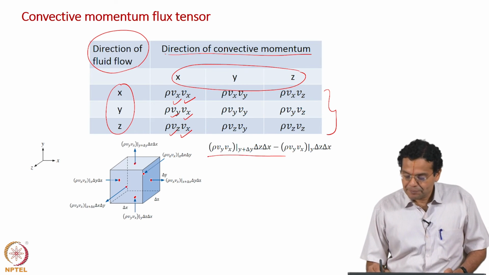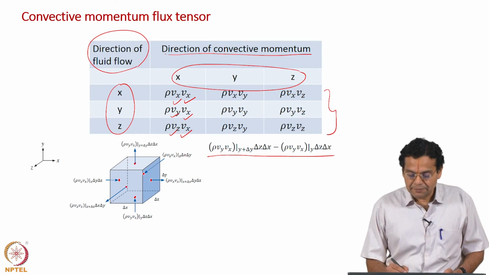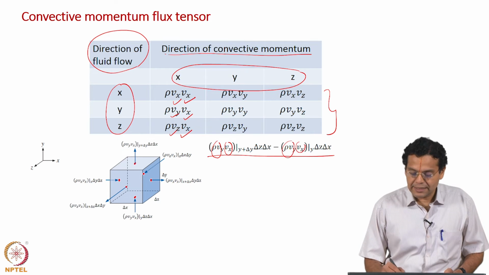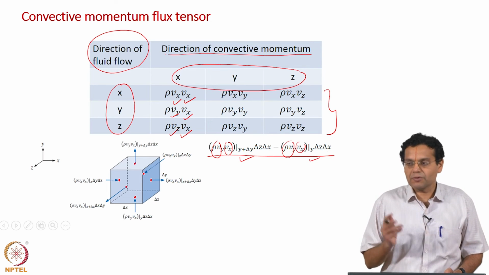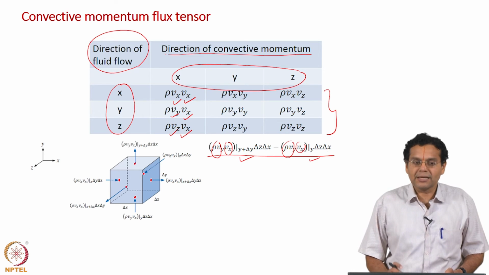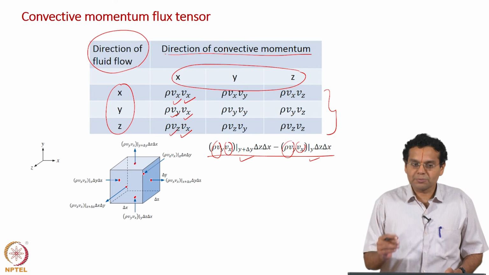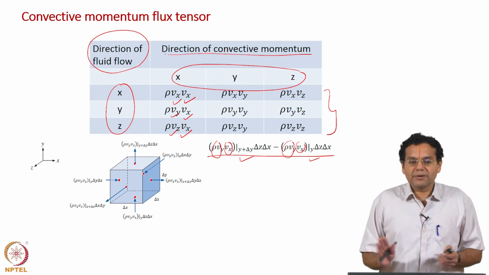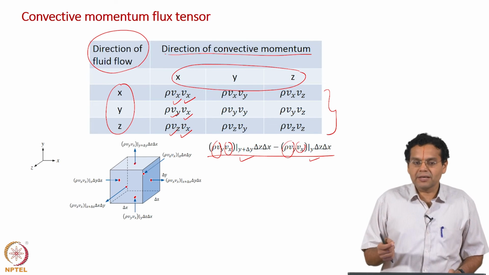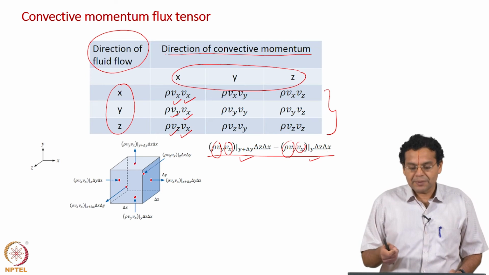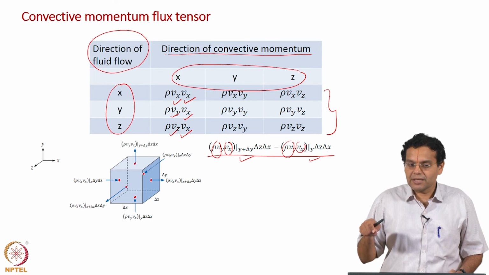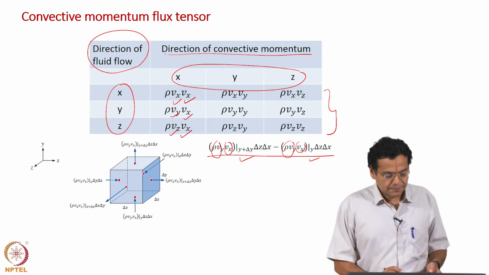When we wrote the rate of momentum entering and leaving, we were very particular to write rho Vy into Vx, similarly rho Vy into Vx leaving and then entering. At that point of time I did tell you that we will discuss this later, why we are so specific about the order of Vy and Vx. Magnitude wise there is no change at all, Vx into Vy and Vy into Vx are the same, but for understanding, this way of ordering becomes very helpful for us.